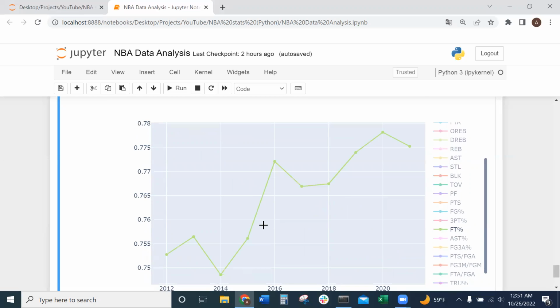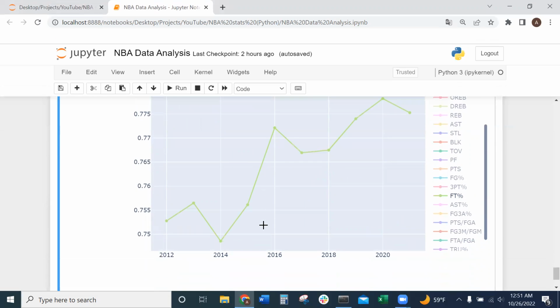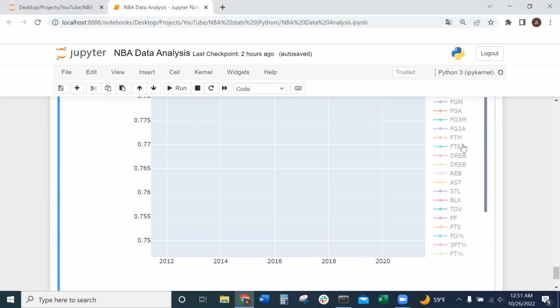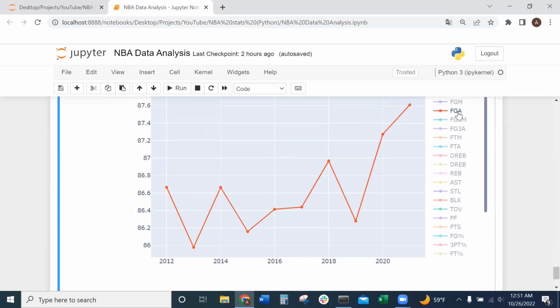So that's going to be the ratio of free throws to attempts. So this is actually up a little bit, interestingly. Not by a whole lot. Let's look at field goal attempts. So attempts are also up per possession. So I think that should indicate,